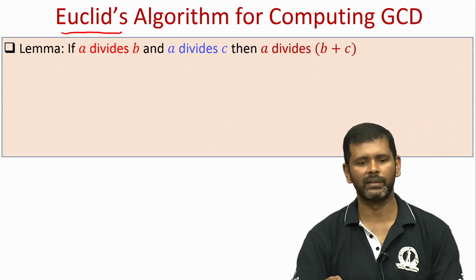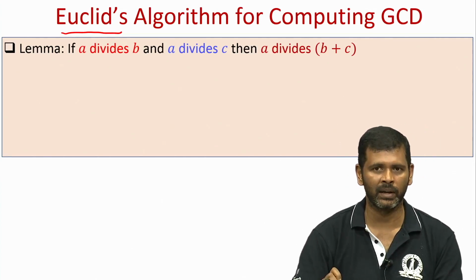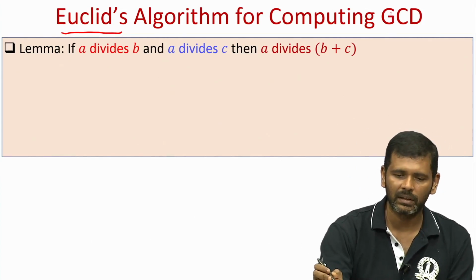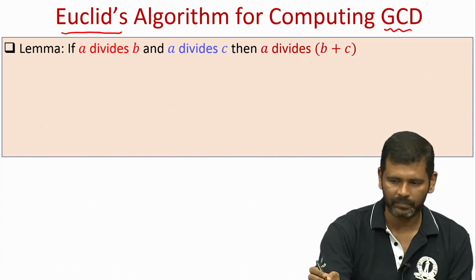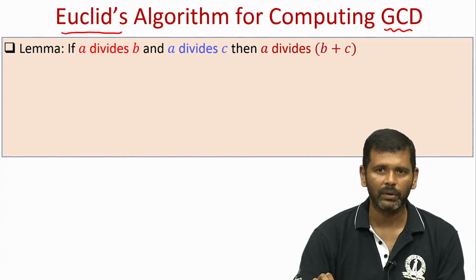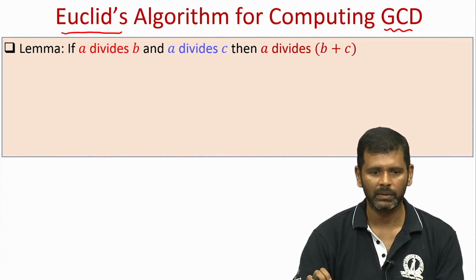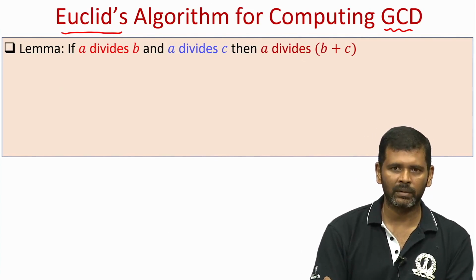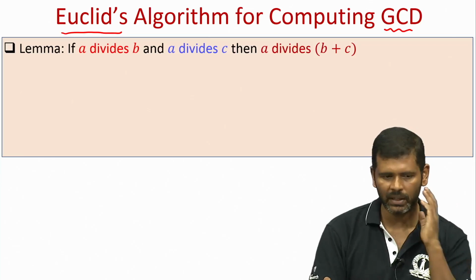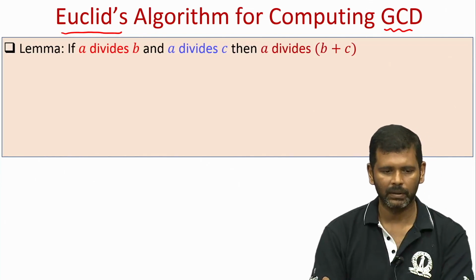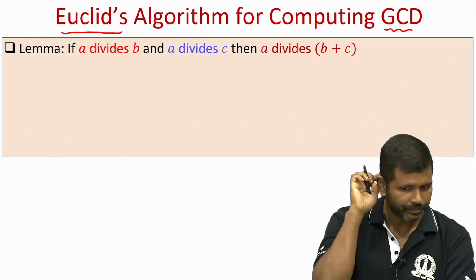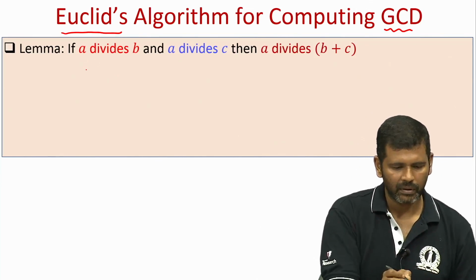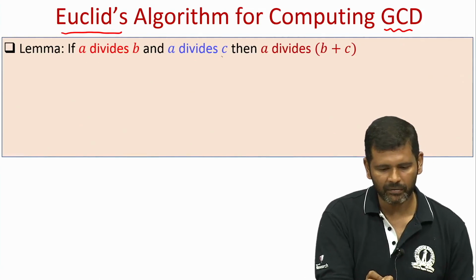Of course, addition and subtraction are also computational tasks and you have algorithms for that, but this is a very interesting computation, namely computing the GCD, and Euclid gave a very simple algorithm which we will be seeing soon. But to understand Euclid's algorithm and why it is correct, let us first try to understand some properties of GCD. So, the first property here is that if your number A divides B